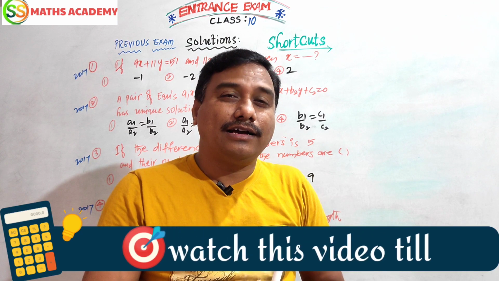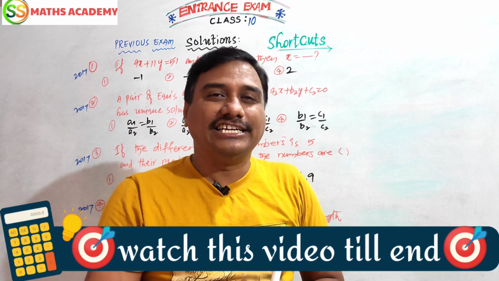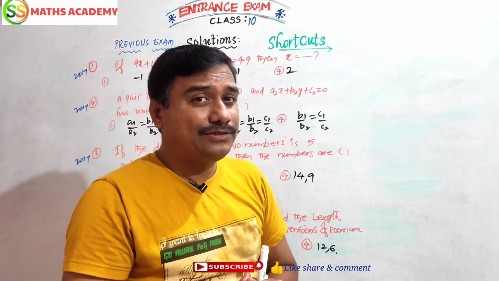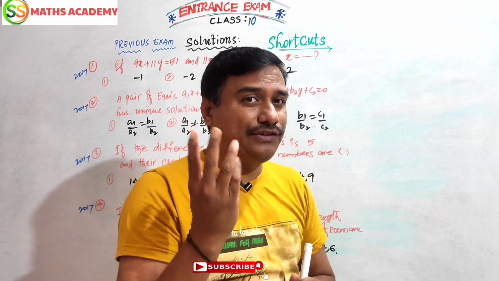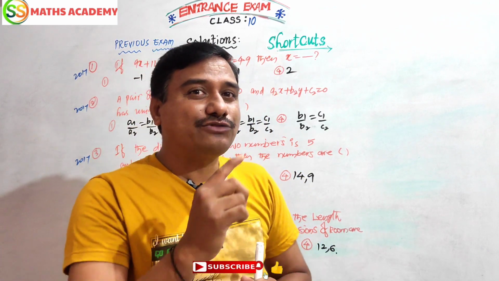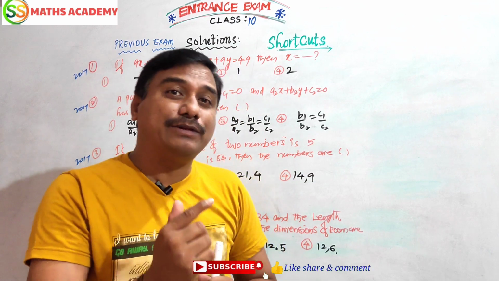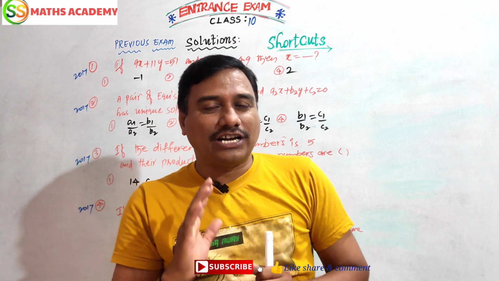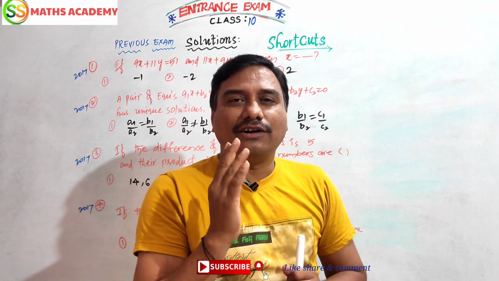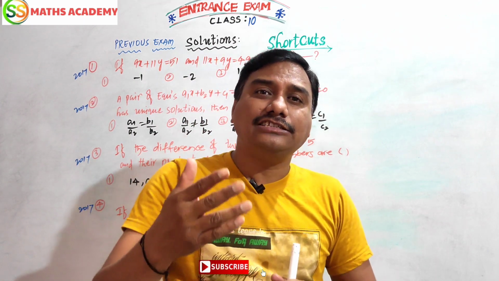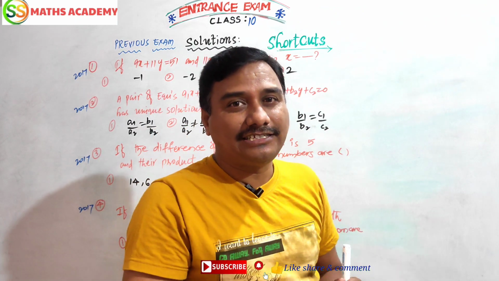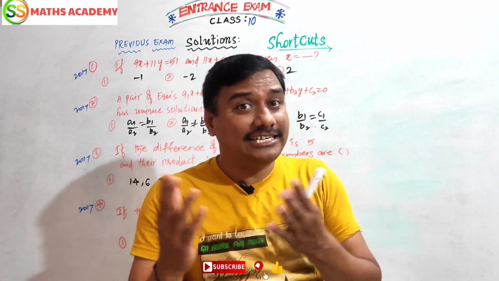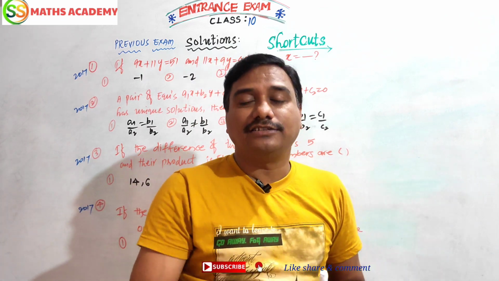What is the condition of pair of linear equations? Tell me. Pause the video, comment it. 5 seconds. 1, 2, 3, 4, 5. Yes, your answer is a1 square plus b1 square not equal to 0, a2 square plus b2 square not equal to 0, is the condition. And one more last question before going to start now. If two pair of linear equations has parallel lines, it has how many solutions? Yes, you are right. No solution.